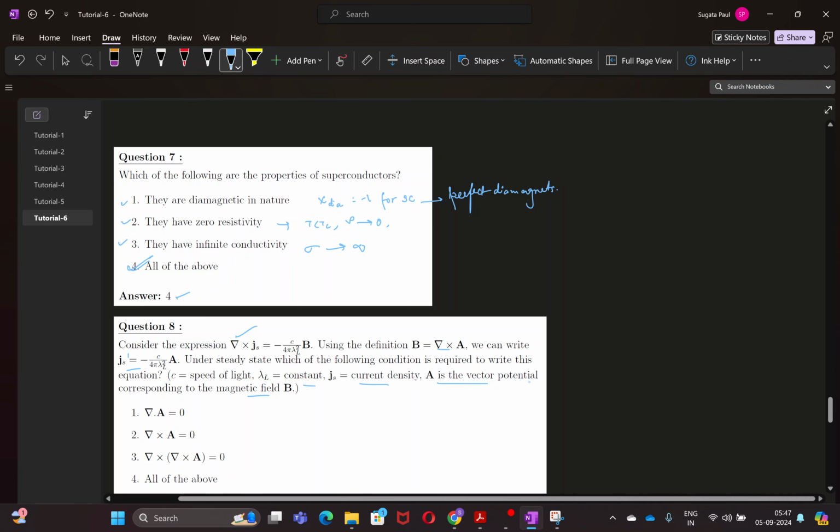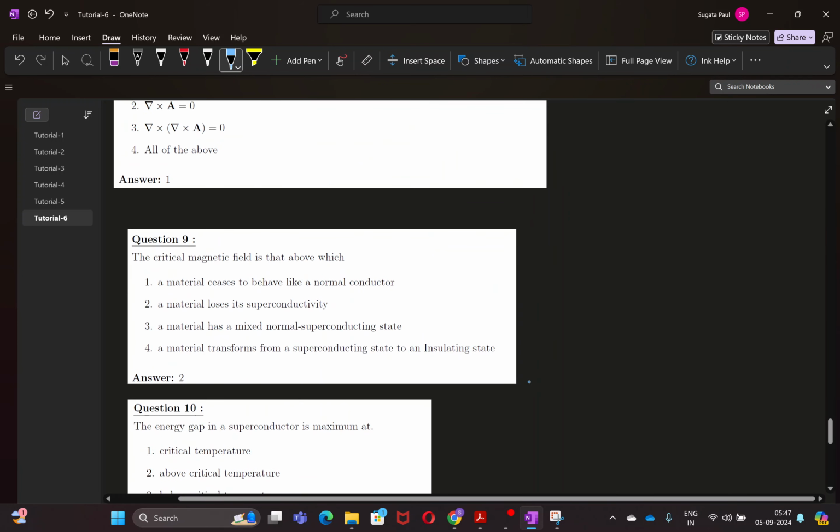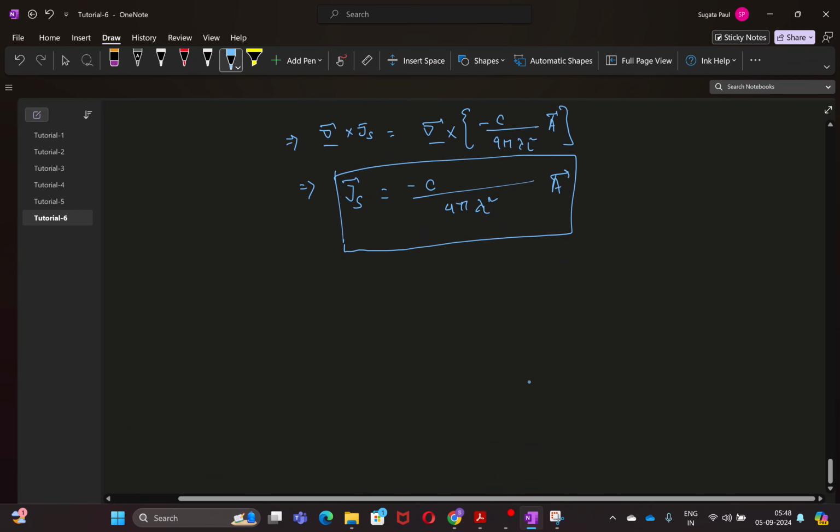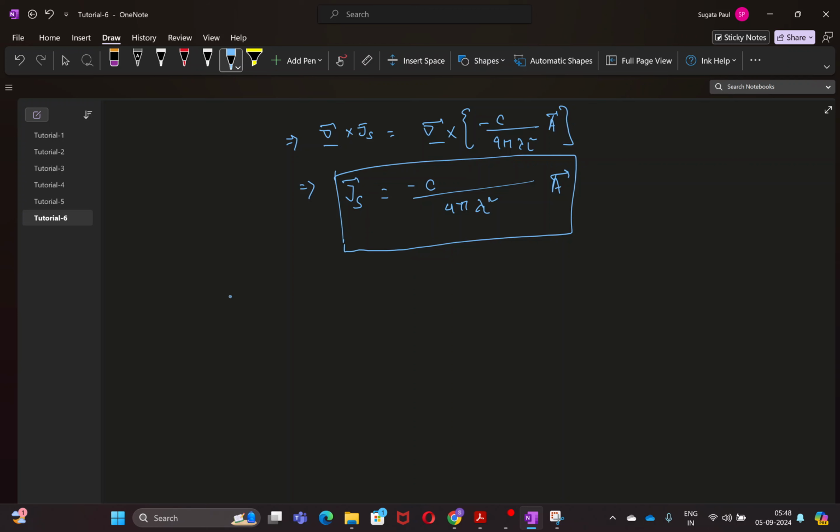Under steady state, which of the following conditions is correct. So first of all, what is steady state? It is asked that in the steady state we have to solve the equation. Steady state means it has no time variance, and in a superconductor, steady state means the current density is not varying with time, right? So under